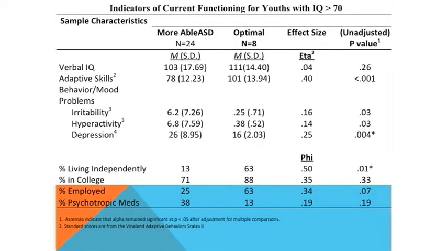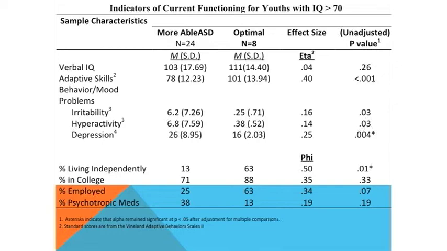So then if we move on just to compare this optimal group, and we've actually switched, but I didn't change the slide because I couldn't squish it in. We've decided we're going to call them very positive rather than optimal, because optimal just has somehow a ring of surety that we don't want to have. But you can see that there isn't a significant difference in IQ, although the optimal kids are higher, but it's not significant. There is a significant difference in adaptive scores, which is partly circular in the sense that the kids in the optimal group or very positive group can do more for themselves.